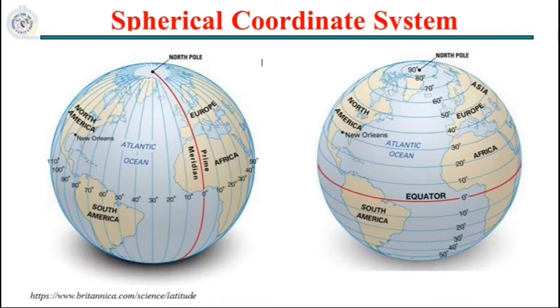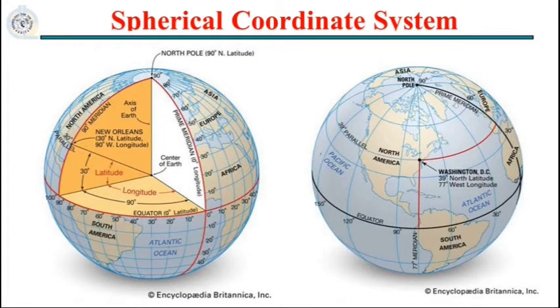Now we know that on the Earth's surface we have visualized longitudes and latitudes. Longitudes and latitudes help one locate the exact position on the Earth's surface. Longitudes are the ones which come from the North Pole to the South Pole, and latitudes go around; the equator is a latitude. So now let us see how it helps us find the location on Earth's surface.